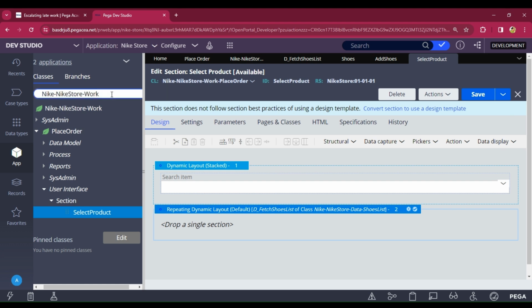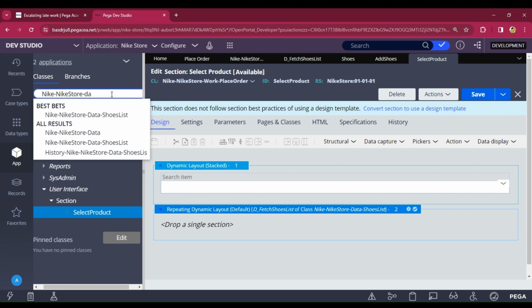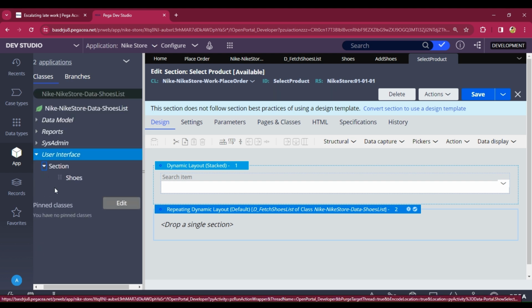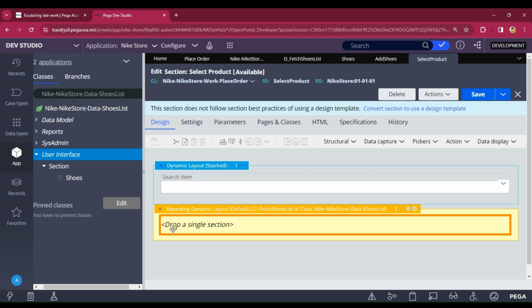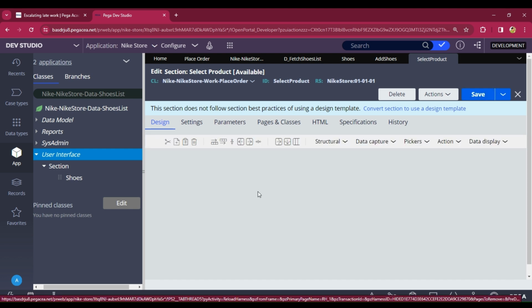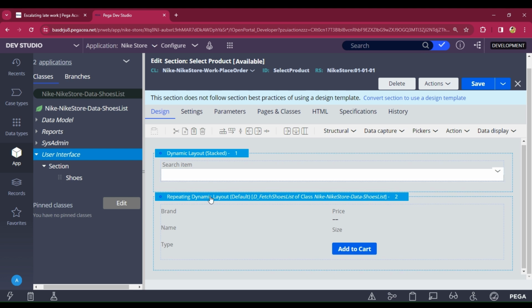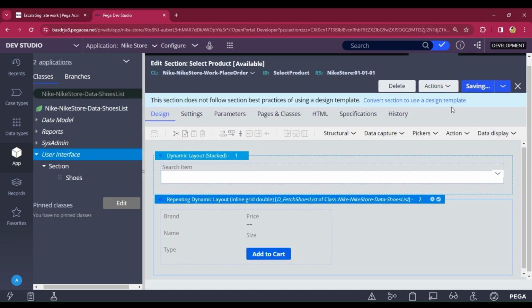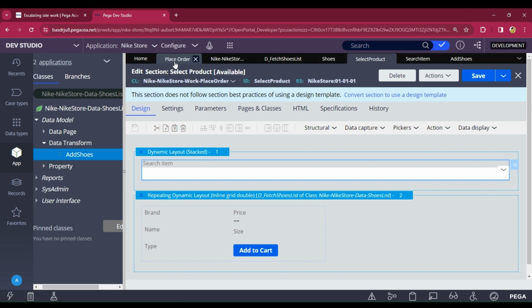Just go to the data class, and from the user interface section you have to drag and drop this section, and after that you have to save. Okay, here I'm changing this dynamic layout in a grid and submit. Save it again and go to the case type place orders